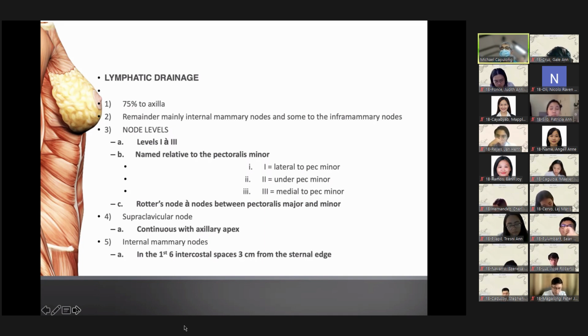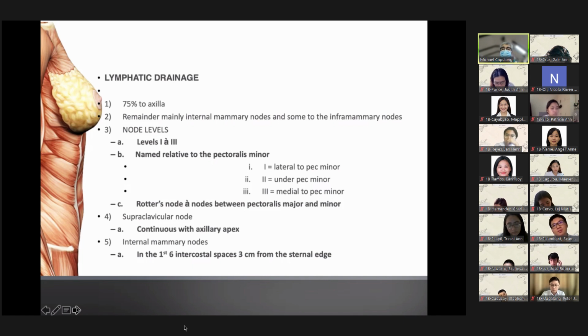So remember the picture that I showed you earlier, the dissection in the mid-axillary area of the breast, clearing out the breast of the lymph nodes. So 75% of the drainage will go to the axillary area, while the rest will be draining mainly into the internal mammary chain of nodes, along the course of your internal mammary artery. So you have different node levels,